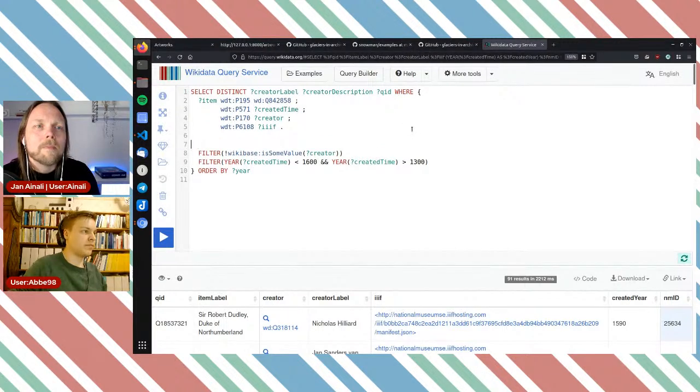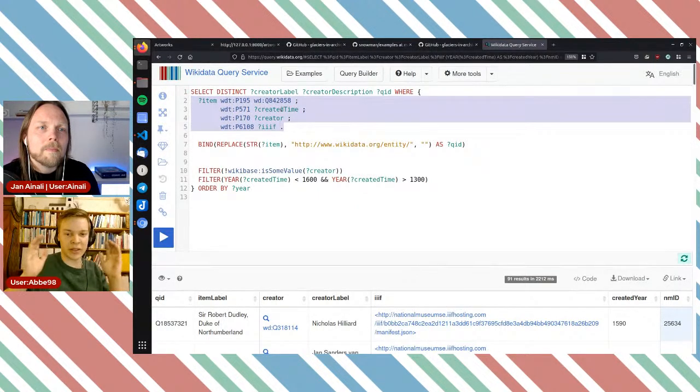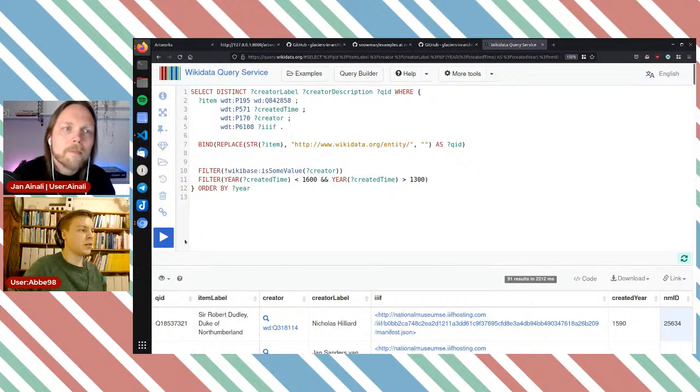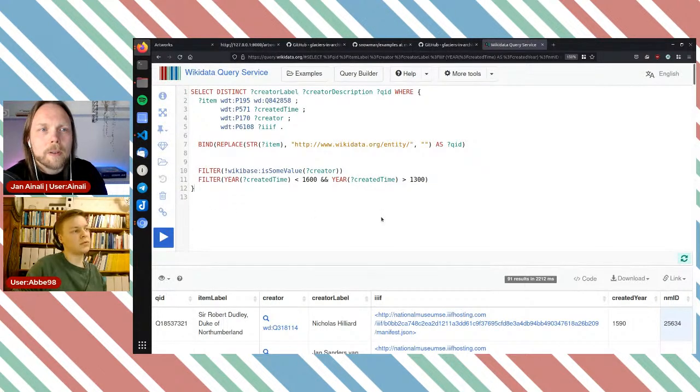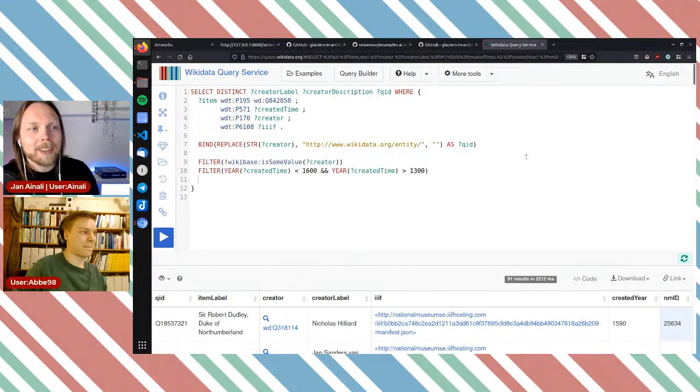And again, when I work with Wikidata and Snowman, I always like keep something like this to keep the scope. And we don't want order by year either. No, and you want to replace the creator there rather than the item. And there we go, indeed. Yeah, and here's the nice thing with Wikidata where we have unique identifiers, so there's no risk in using QID for different types of things because we know they're going to be unique.